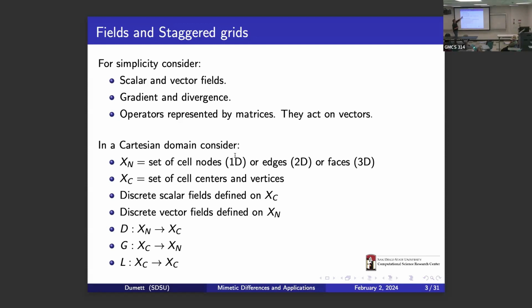Okay. And we know that the gradient is applied to a scalar field, and the divergence operator applies to a vector field. In addition, the gradient of a scalar field is a vector field, and the divergence of a vector field is a scalar field. So they have this symbiotic relationship. Since these two, scalar and vector fields, are in some sense two different species, I would like to have one grid for each of them. So I will work with two grids. And for that reason, we work with staggered grids.